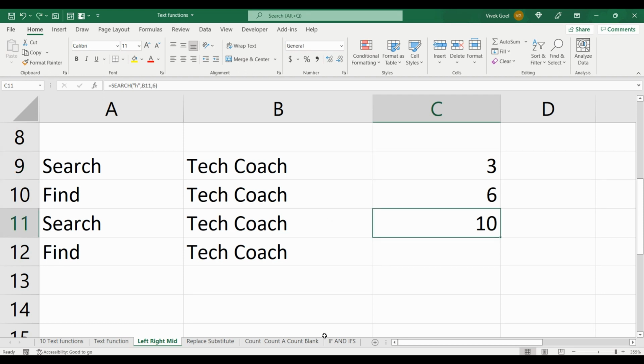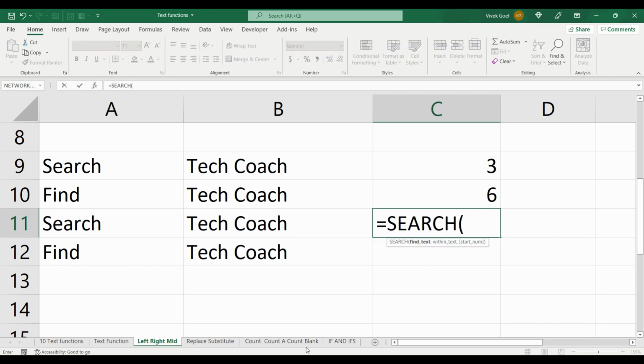Another difference is that search function allows regular expression in its search patterns while they don't work with find. So we can use question mark, asterisk in our search pattern and it will work for search but it will not work for find.